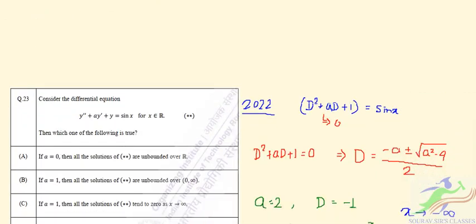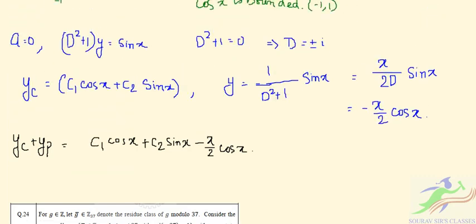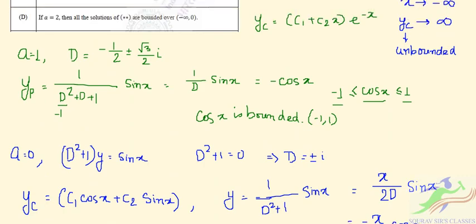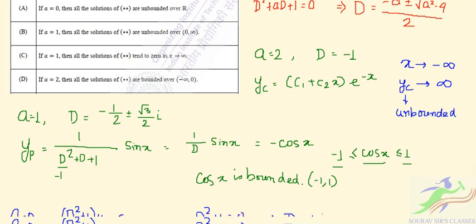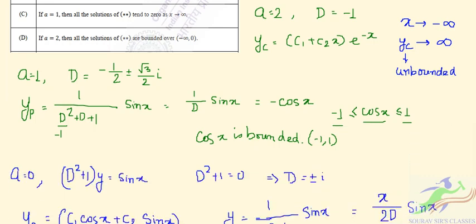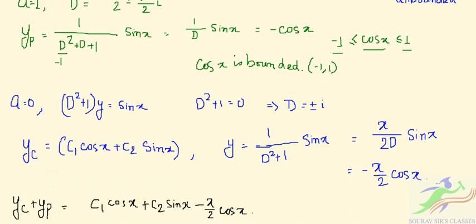Okay, the condition is saying that if a equals 0, then the solution of the differential equation is unbounded over this real space. So now when a equals 0, we got the general solution. Now if x tends to infinity,